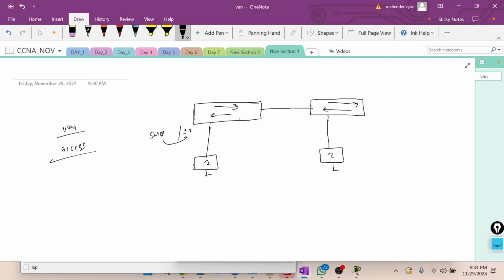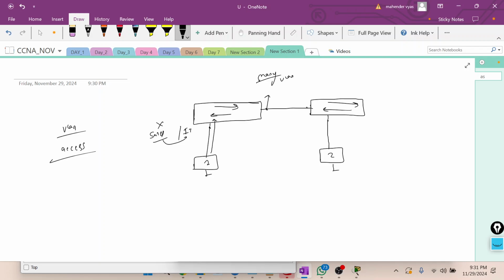But whenever you want a port to be part of multiple VLANs, see, when it is part of IT, it will only accept the traffic of the IT VLAN. It will not accept the traffic of the sales VLAN. But there is a requirement that one specific port should accept the traffic of many VLANs.